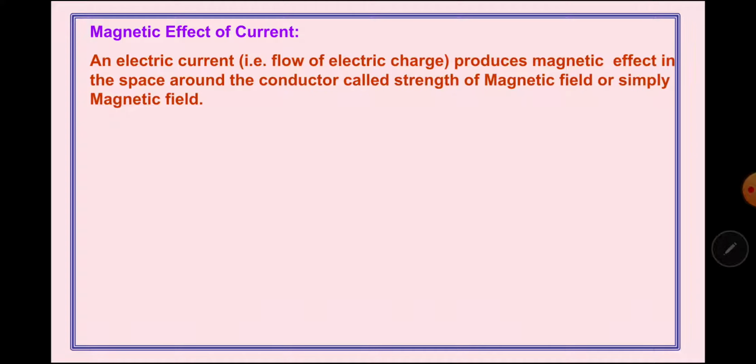On parallel lines, we can conclude that if we have a magnet or a current carrying conductor, there is a region around it up to which its magnetic influence can be felt, and that region is called the magnetic field. And we can calculate the strength of that magnetic field using certain formulae that we will learn.